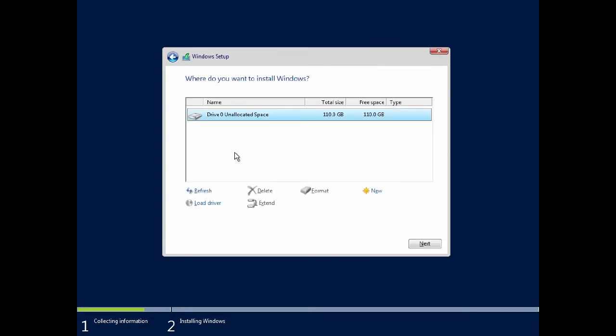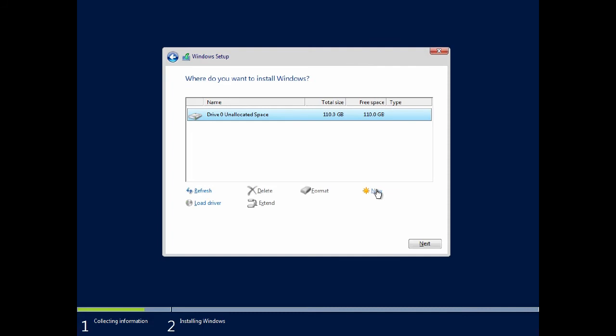I now need to choose where to install the new Windows Server 2016 operating system. But first I'm going to create a new system partition for the operating system and also specify the size. Now I could simply click Next and use the entire disk, but it's often a good idea to contain the operating system in its own separate partition. For example, if the server is going to be used as a file server, it's much better to keep the operating system separate from the user data, which can then be contained in its own dedicated partition.